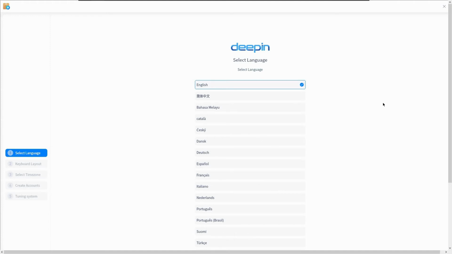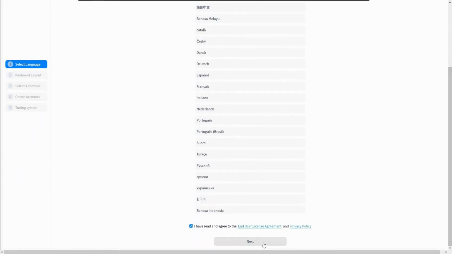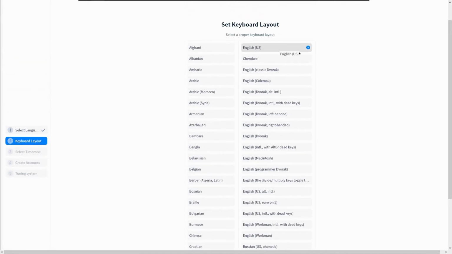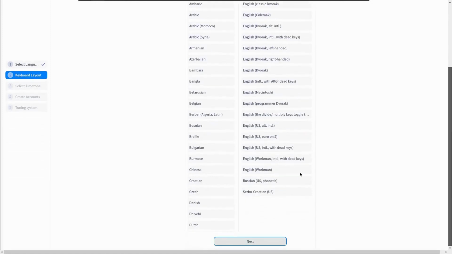And here again it is asking me to select the language, so I will select English and then I will click on next, and in the second option it is asking me to select the keyboard layout. So I will select English US, and then I will click on next,